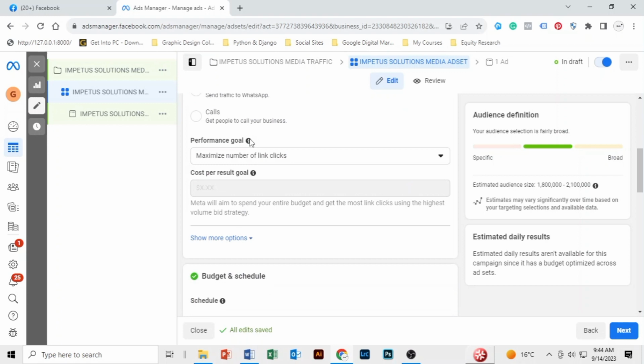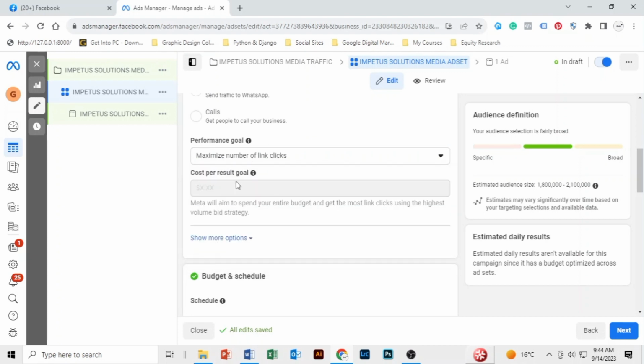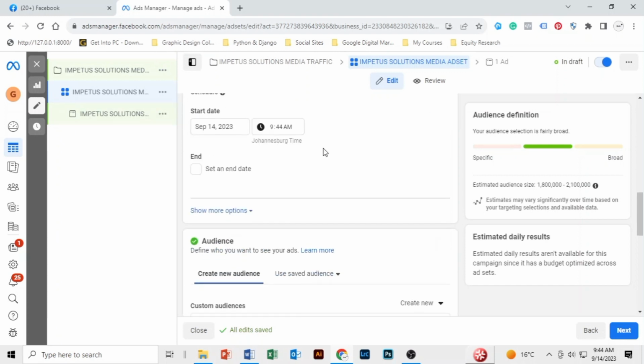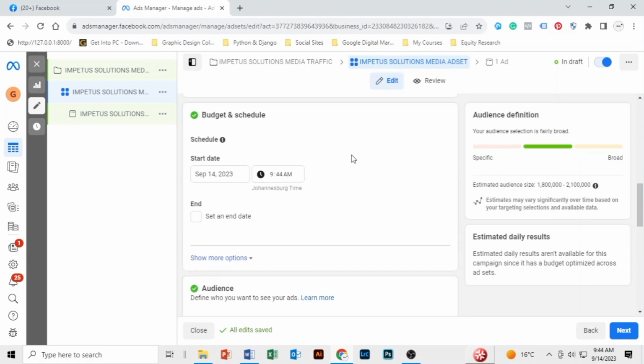So here the performance goal will be maximize number of link clicks. You can even check out other goals, but we are going to go with maximize number of link clicks. You are only going to get charged based on impressions. We're going to talk about that in the next tutorial. And here, as a beginner, I recommend that you don't set the end date, since we have set the campaign spending limit, which means that the campaign spending limit is going to regulate the end time for your ad, because once that threshold is reached, then Facebook will stop showing your ad to the